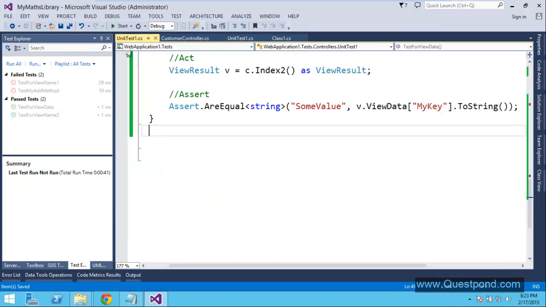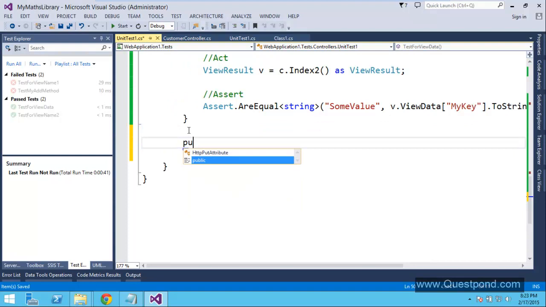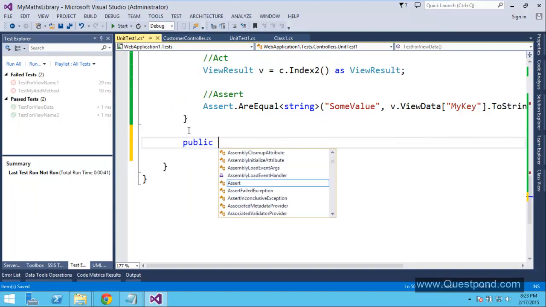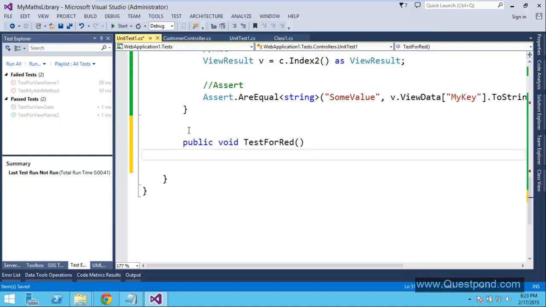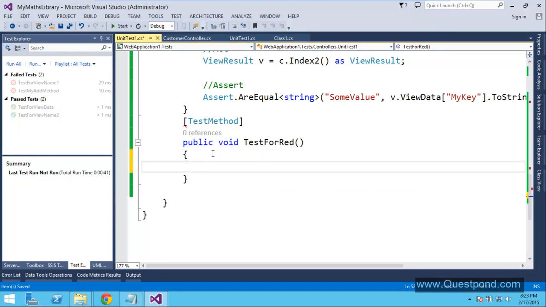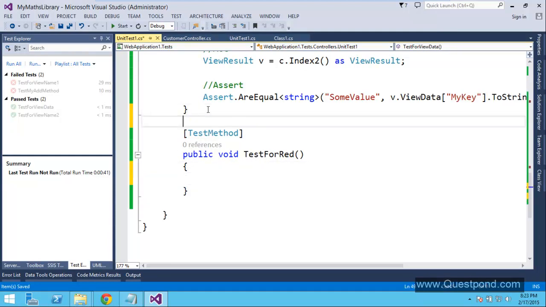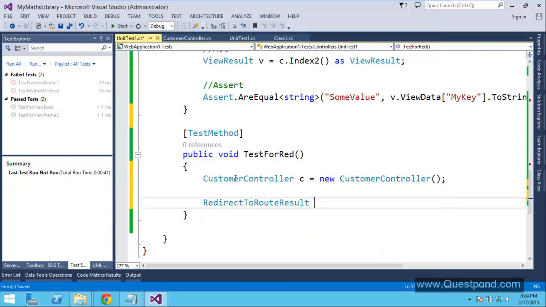Let's go back to our unit test class and let's create a simple method, public void test for redirection. We will simply attach the test method attribute to it because it's a test method, and we will simply follow 3 steps. Arrange: create an object of customer controller. Then act: RedirectToRouteResult r equal to c dot index 3, we will pass 0.